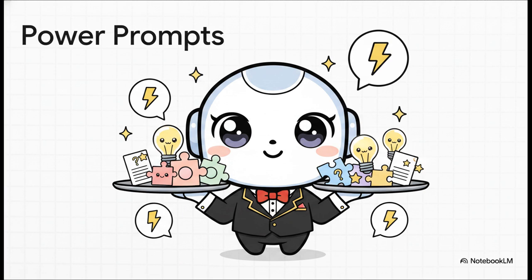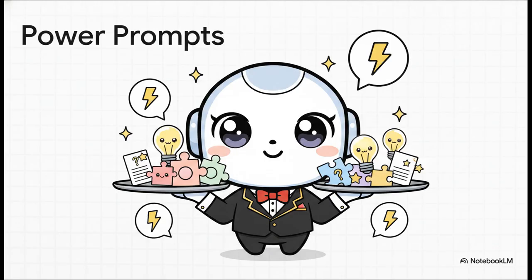Ask the AI things like, which papers report conflicting findings? Because let's face it, knowing what the field disagrees on is completely vital. Or, my absolute personal favorite, what limitations or future directions do the authors themselves identify? That is literally the original researchers handing you research gaps on a silver platter. Use these prompts, save the answers as notes, convert them to sources, and I promise you, your literature review will